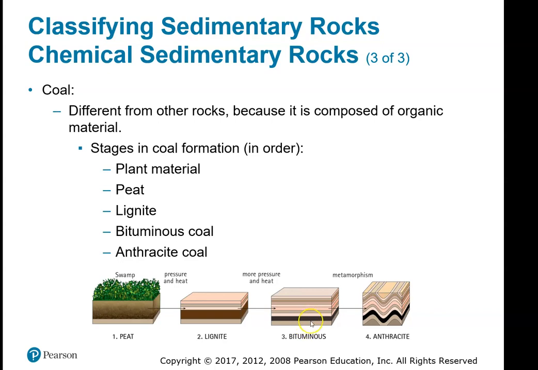By bituminous rock, we can actually use this. This is the best form of coal, and this is used all the time when humans are using coal to boil water, make heat, things like that. A long time ago, it was also used for transportation, things like the steam engines, right? They use coal. And then anthracite is this, so this is after